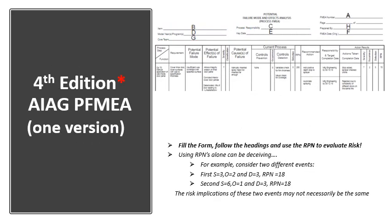And now we looked at this form, which is the AIAG form. Just want to have a quick look. As you can see, it starts off from left to right. It's a process step, function, requirement, mode, effect, cause of failure, controls for prevention, detection, your recommended action, and you've got your RPN or risk priority number. A risk priority number is the multiplicative result of the severity, occurrence, and detection, and those you can take from,